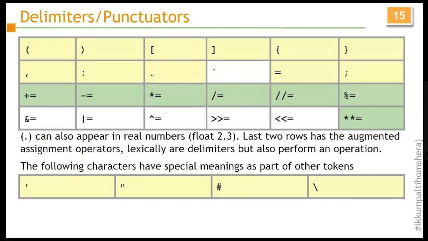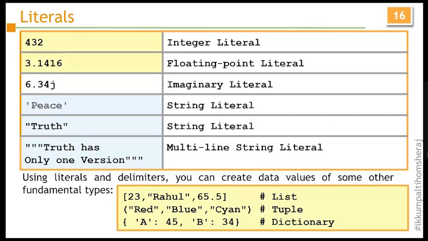Apart from that, the following characters have special meaning as part of other tokens. Single quote and double quotes are used in strings. Hash is used while specifying a comment line, and backslash is used for continuation of a statement in the next line. Now when we talk about literals, here 432 is considered an integer literal, 3.1416 is a floating point literal,